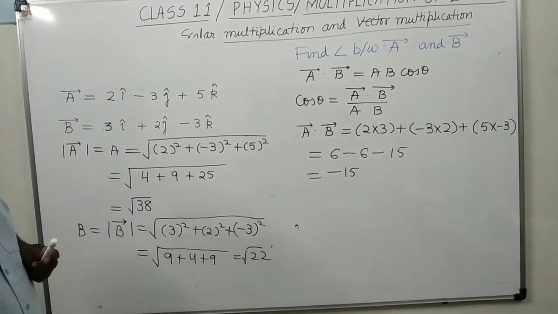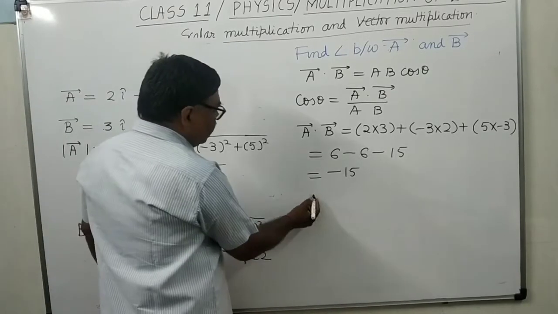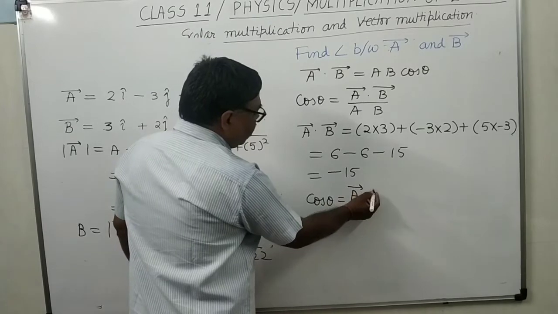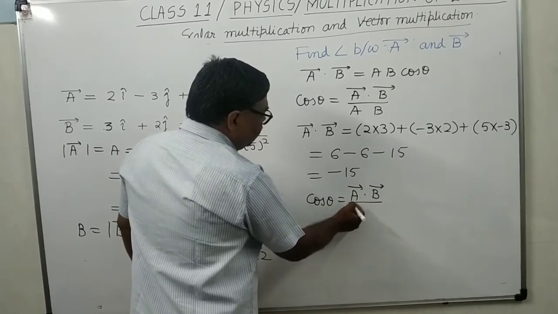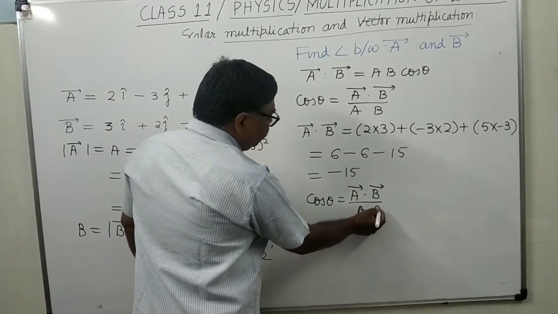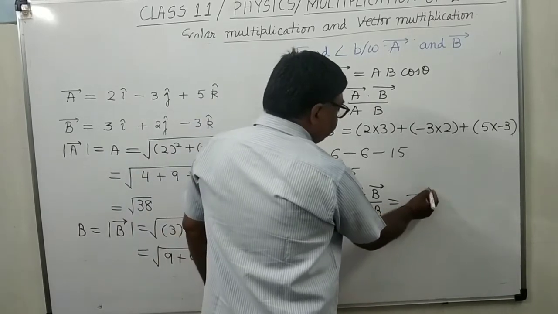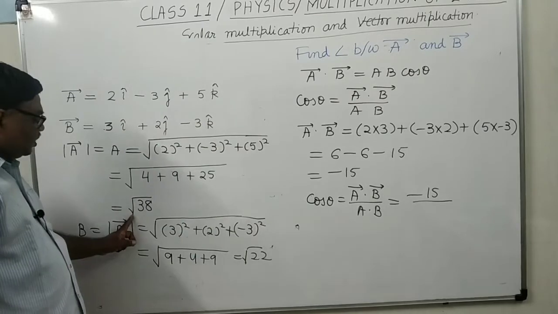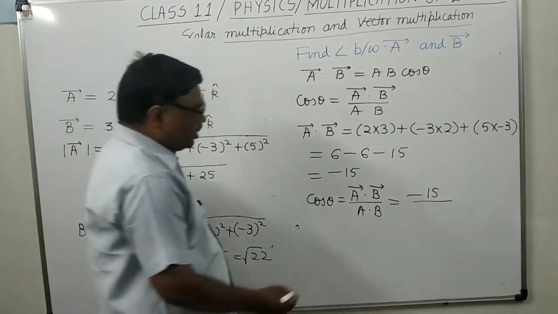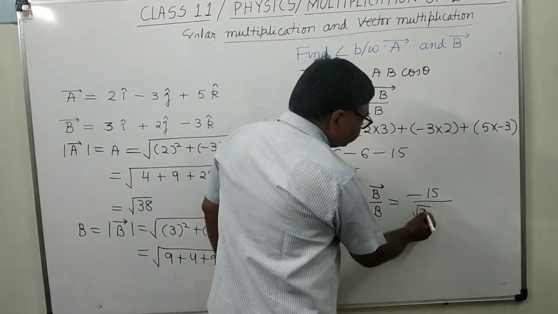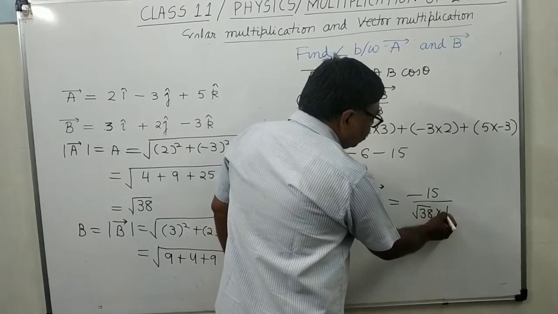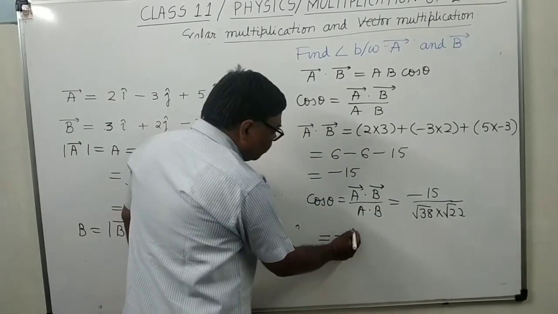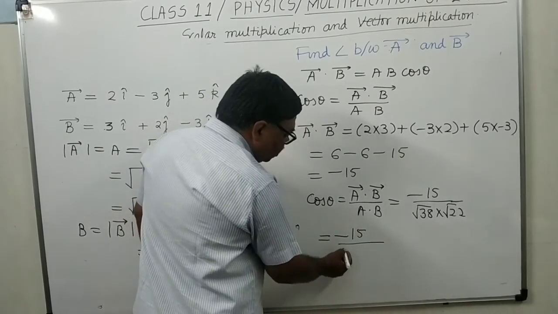Now what will be the angle? So how will you find cos theta? It is vector A dot vector B upon A into B. It is minus 15 upon, what is this? This is root 38 into root 22. We can simplify it, minus 15 upon,